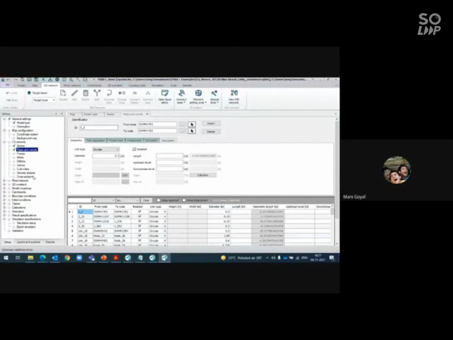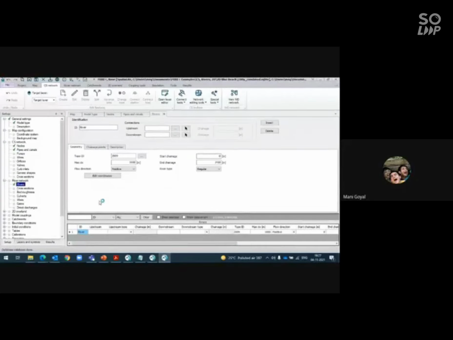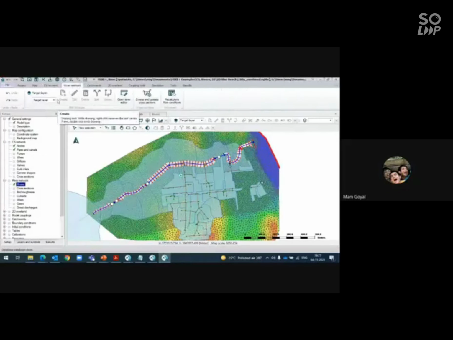And if you have any dendritic shapes, or this is for the rivers, provide. Then comes your river network. It's again much similar to what we did in Mike Hydro River. If you go to map and say river network, say target layer, your rivers, you can simply create the river.